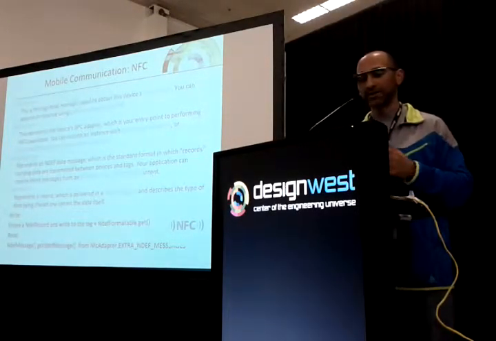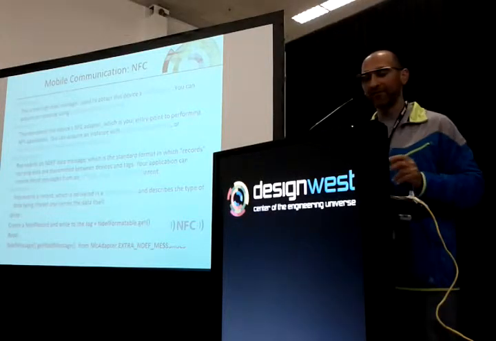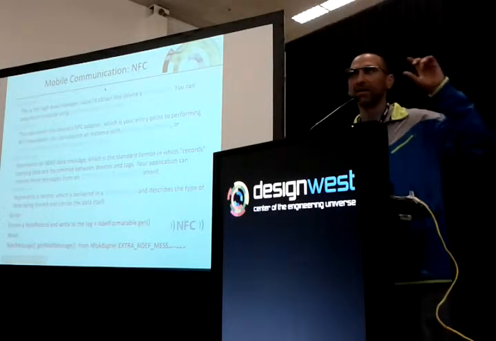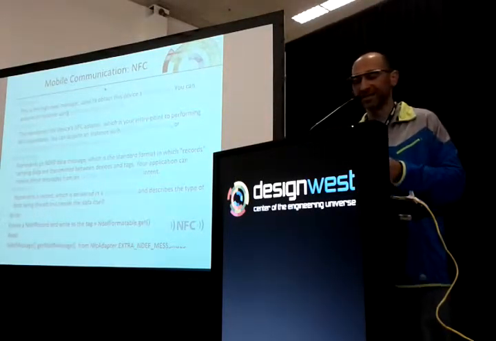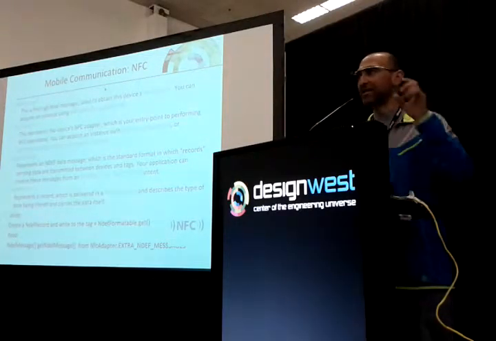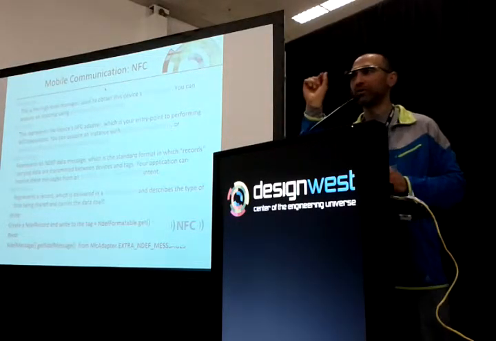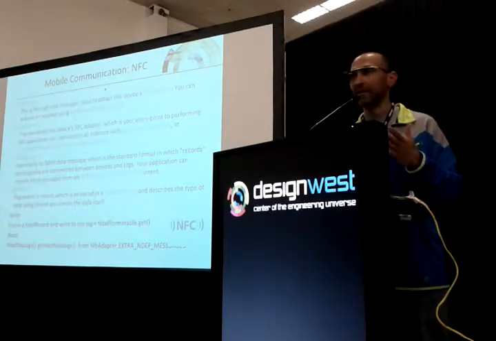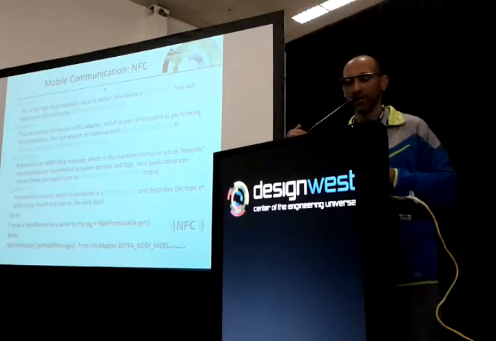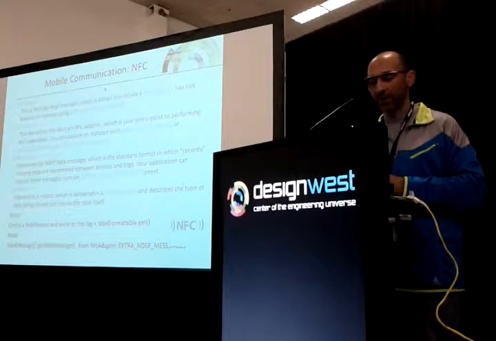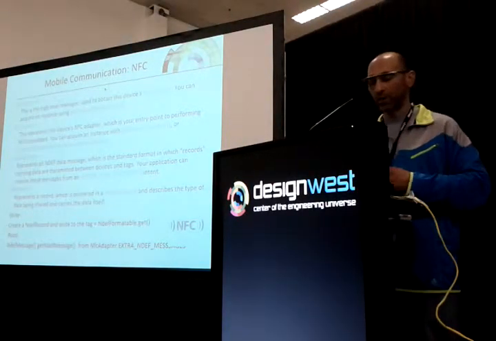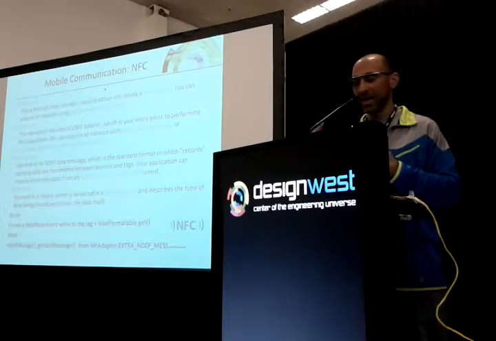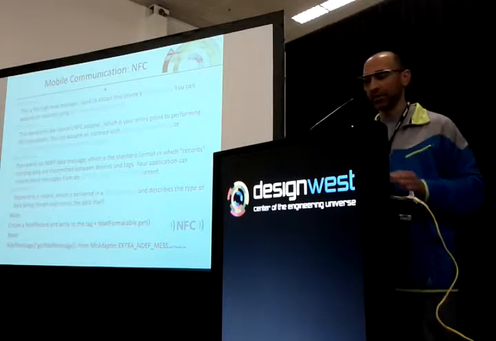To be able to talk to that tag, you write NDEF messages, and inside the NDEF messages, you have NDEF records. In Android code, you're going to see this thing that is called tag. That tag is actually the hardware device on the phone, and when you go tag.connect, it actually modulates the antenna to be able to transfer information from the phone to the tag and the tag back to the phone. So when you see the word tag, that's actually the hardware. When you go to read it, you get this NDEF adapter and you read the extra NDEF message in there. That's how you read from NFC.